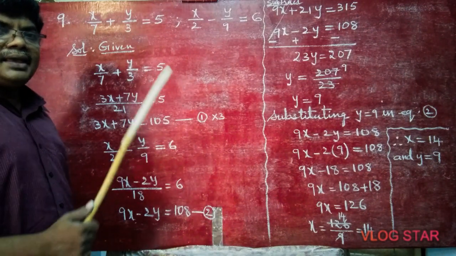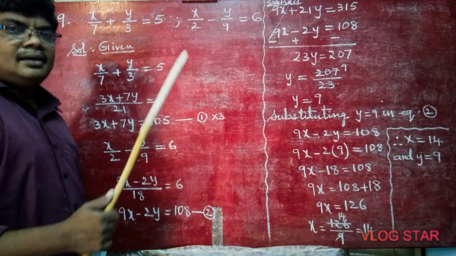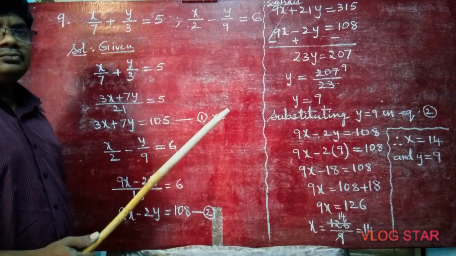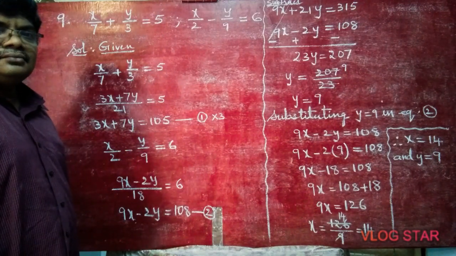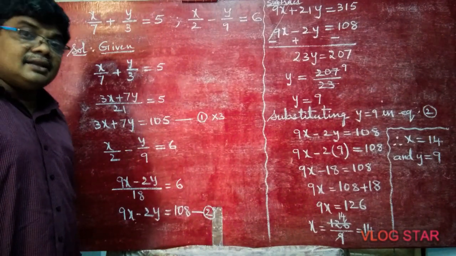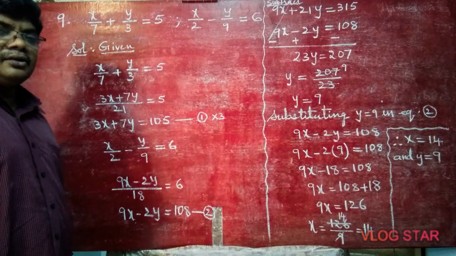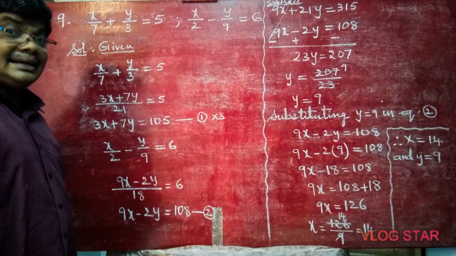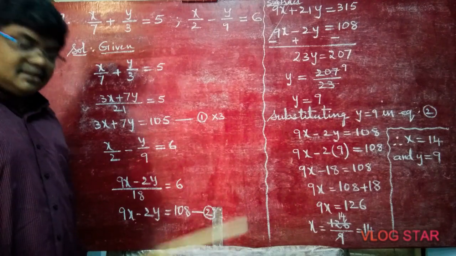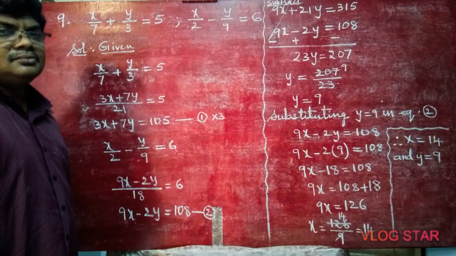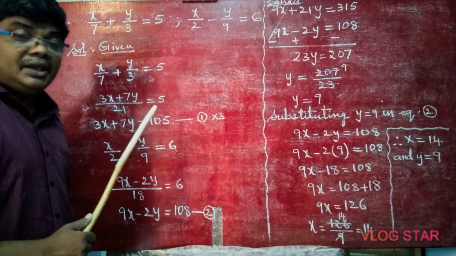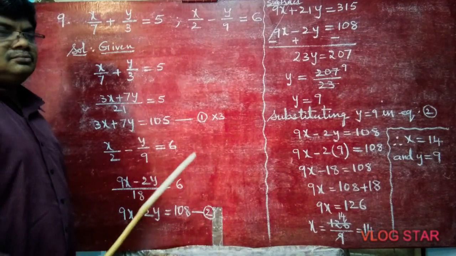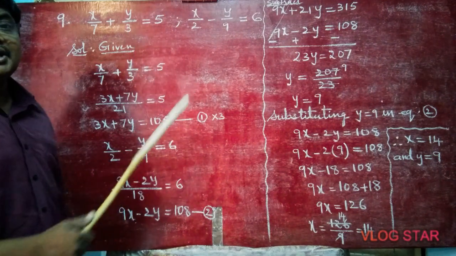What is the general form? ax plus by plus c is equal to 0. In that shape, we have to bring this one. You can understand, in 8th class they will be in order. Coming to 9th and 10th class, they will be in disorder. In the same manner, these problems also, we have to keep in order, then solve. Without keeping in order, we can't solve. So, that shape we have to bring out.